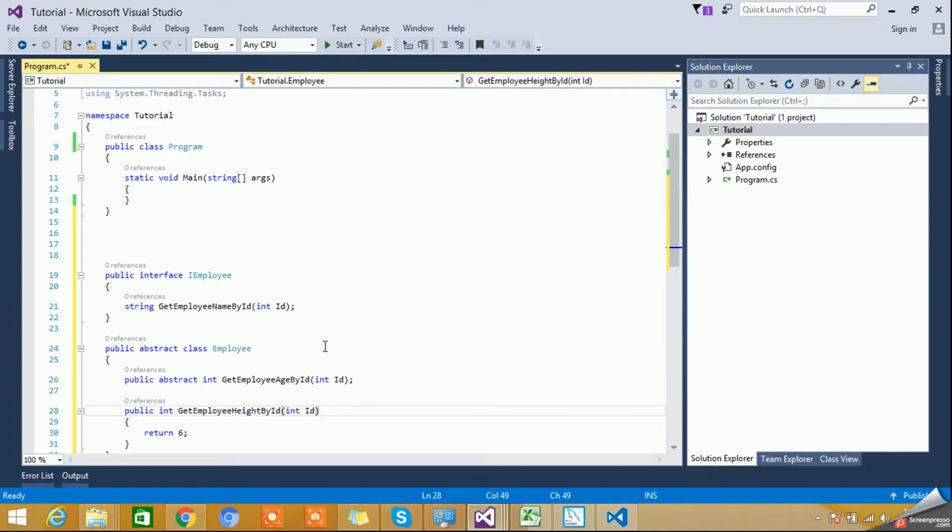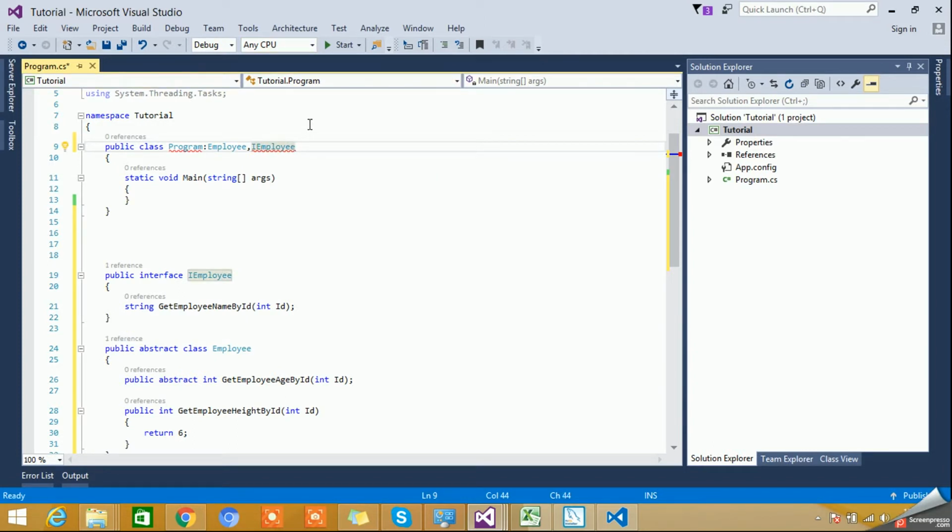That way we can actually achieve multiple inheritance in C#. But there is a clause again: if you inherit a class within a derived class, and also implement an interface in that same derived class, then the class should come first and then the interface.